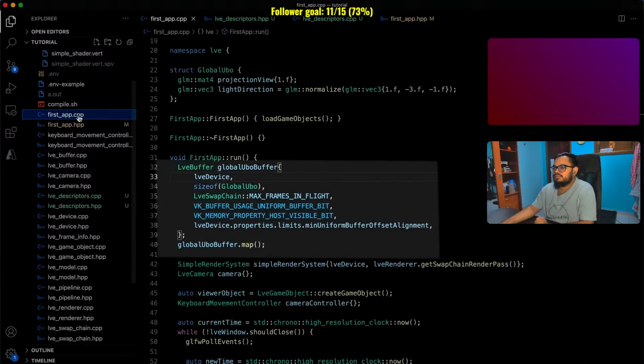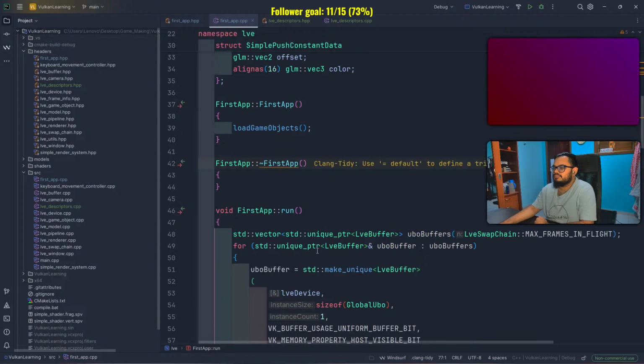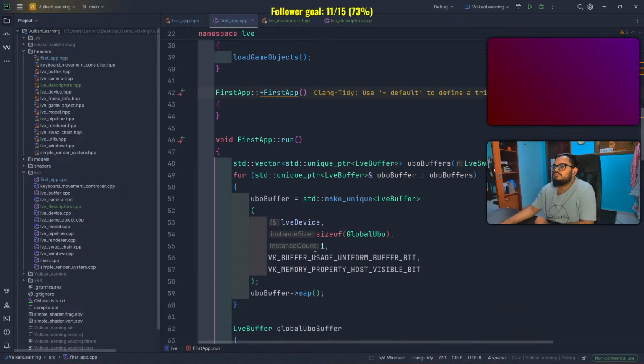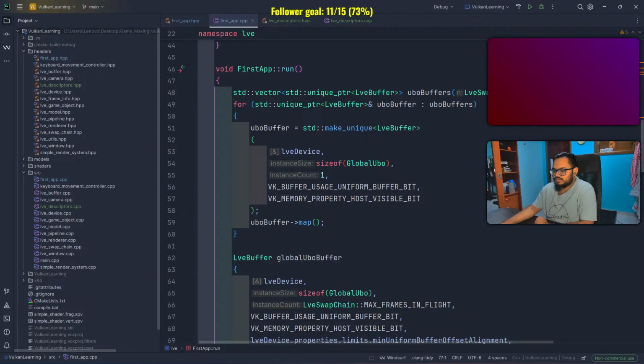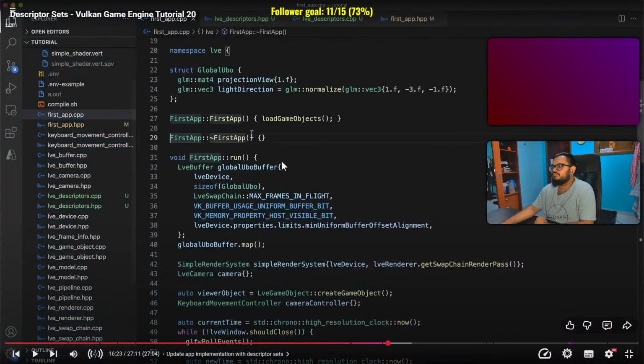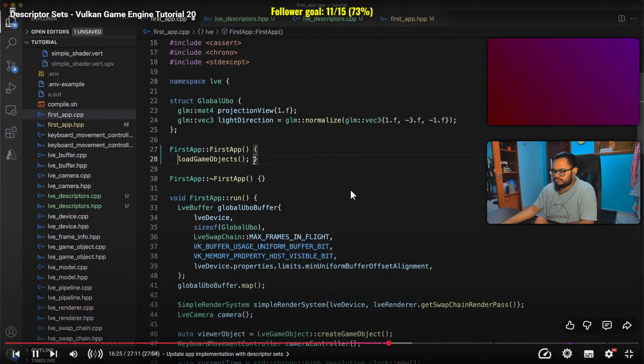First up, the app implementation file. In the app constructor, I'm going to initialize the global pool